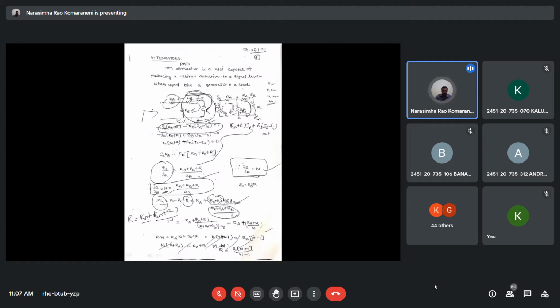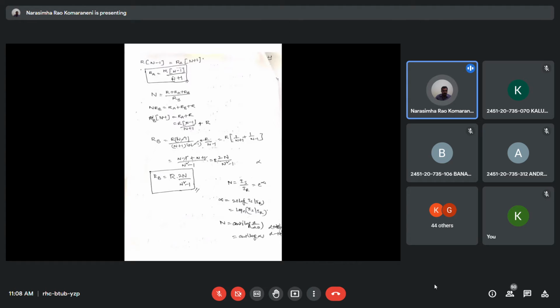Okay, R n is equal to N into RA, right? N into RA plus R. Right? Now if you rearrange this equation in terms of adjustment, R of n minus 1 is equal to RA of n plus 1. Therefore RA equal to R into n minus 1 by n plus 1. Similarly,